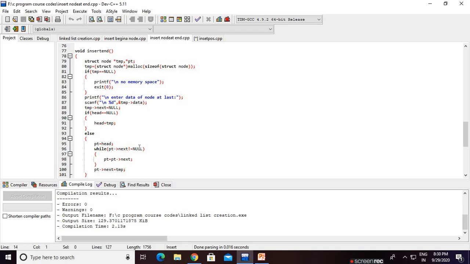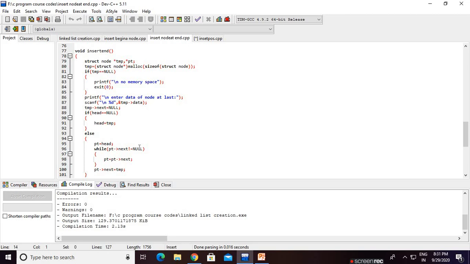For example, if our list already has 2 nodes, then in this insert end function, the third node, meaning index 2, is inserted at the last, because there are already 2 nodes here. That means it's a normal condition, not a specific condition. Normally, every node is inserted from the last. If there are 2 nodes, a new node becomes the third node. If our list has 3 nodes, our new node becomes the 4th node. That is a common thing.